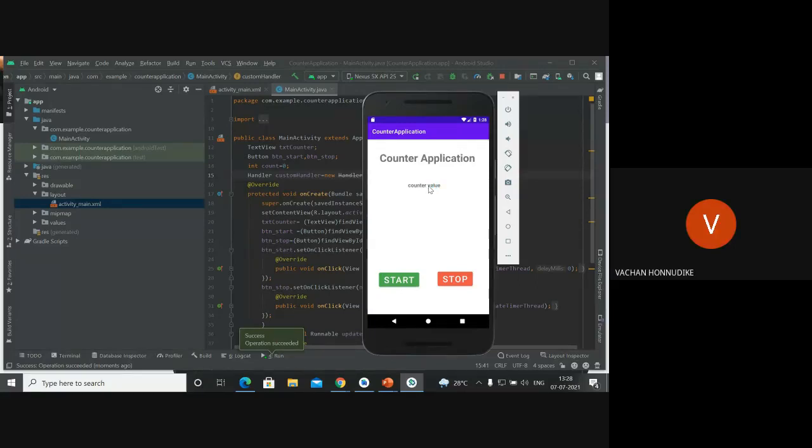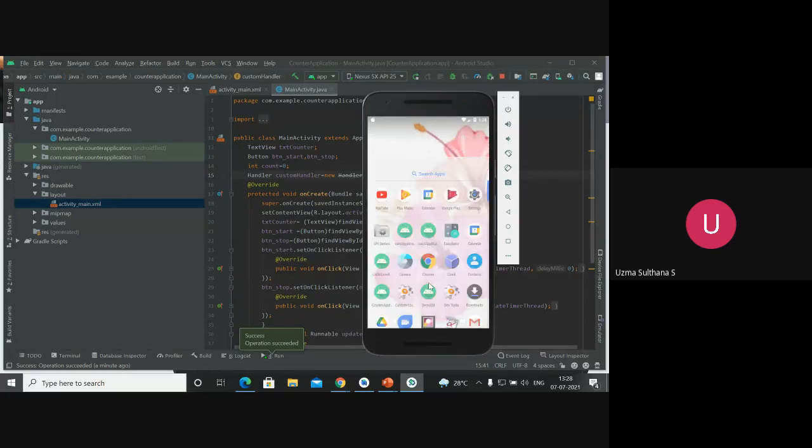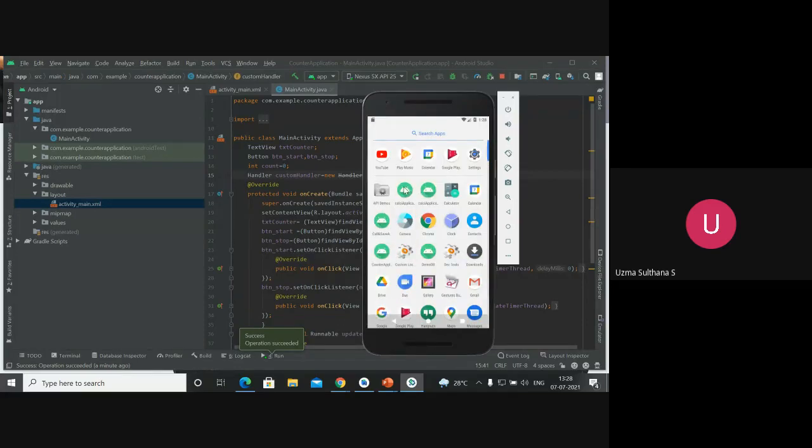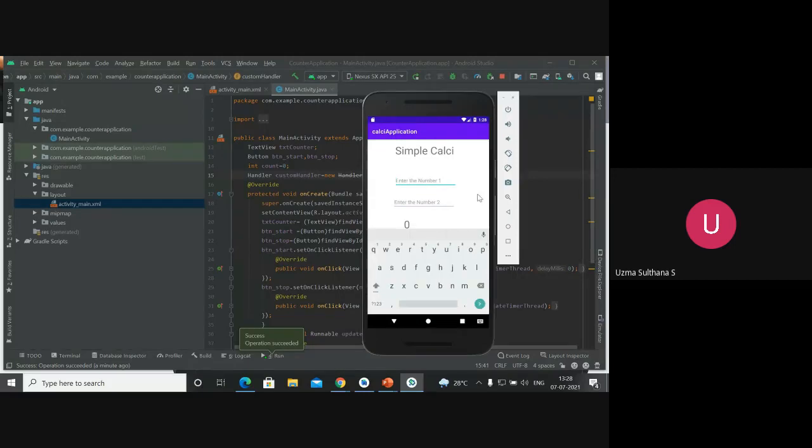Okay, I'll just click on the start button now, and you can see here the counter keeps incrementing, with a 1 second delay. I'll click the home button and not use that application, and I'll try to use different applications in my phone. I'll go to the calculator application and do this stuff.